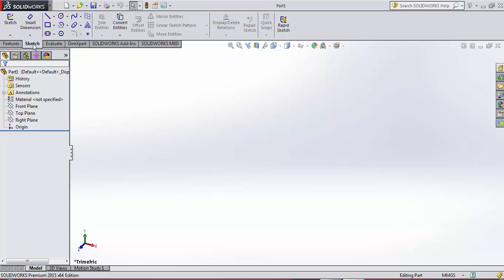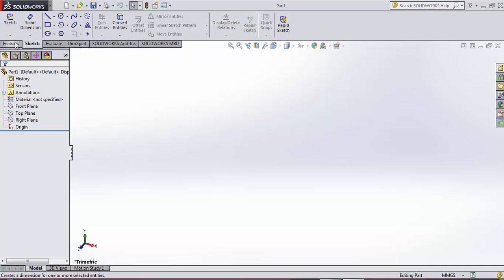Sketch. The first option is sketch. If you want to create a part or an element, first you have to create a sketch. It may be a line, circle, spline, polygon, etc. Next, features.